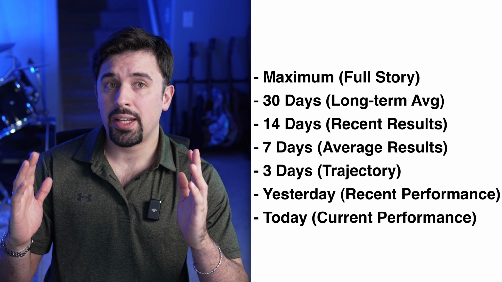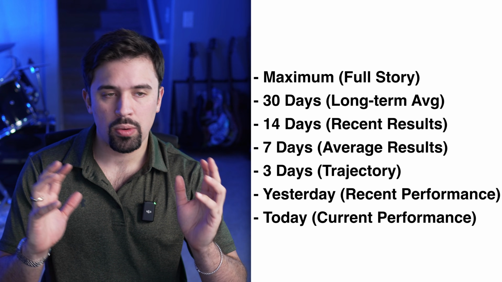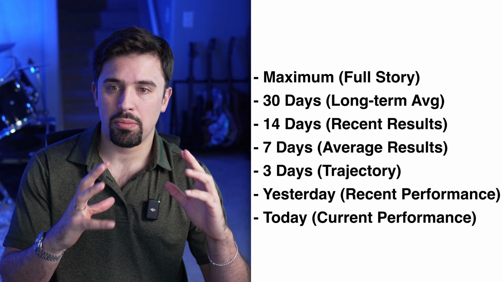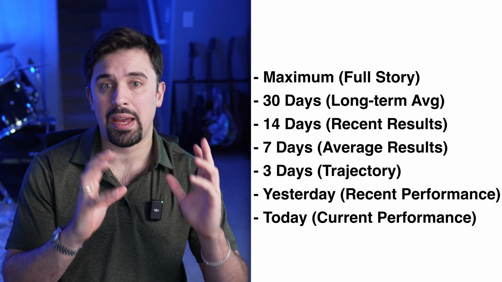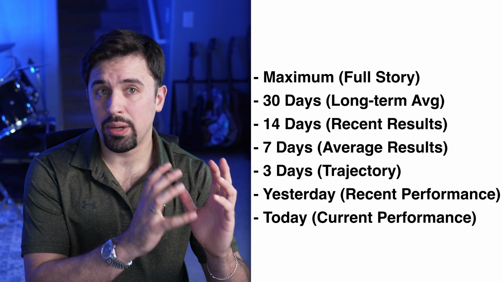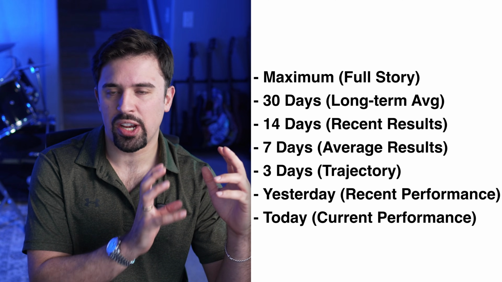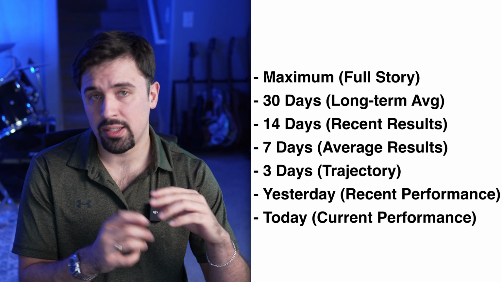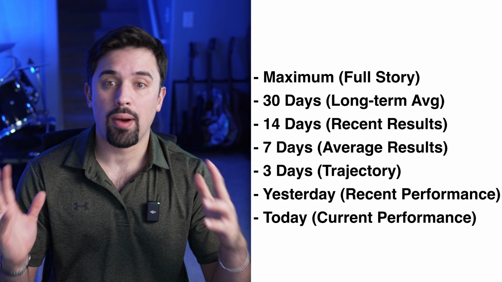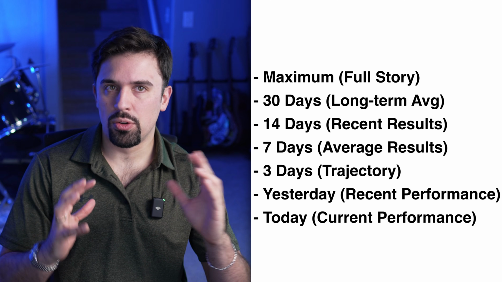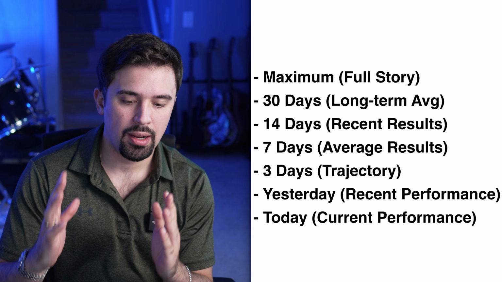I will look at 30 days to see what's the overall story, 14 days, which is more recent results, 7 days, which for me is the best average results time period to base decisions off of. I'll look at the last 3 days to see where this thing is heading. What's the trajectory? And then I'll look at yesterday to see how it performed most recently, and then today to see how it is performing right now. And that gives me the full story. I will look at the full story before I make that decision, but ultimately I'm making it on that 7